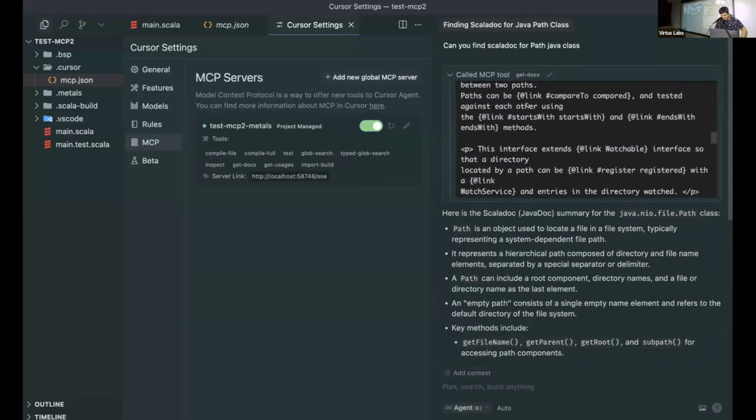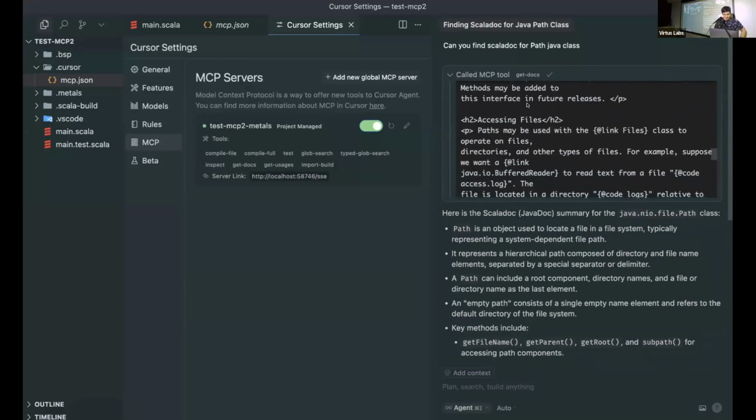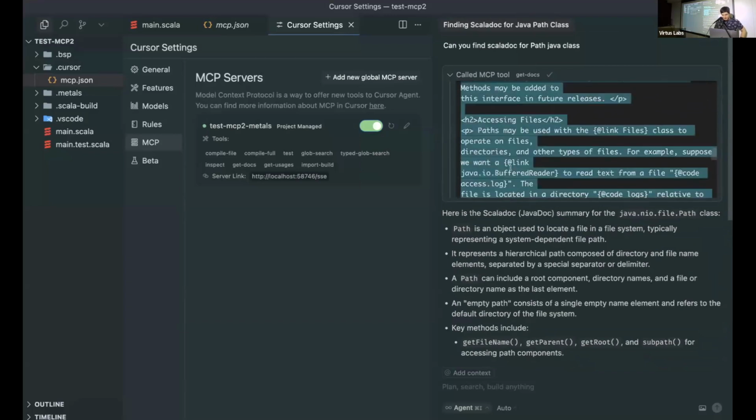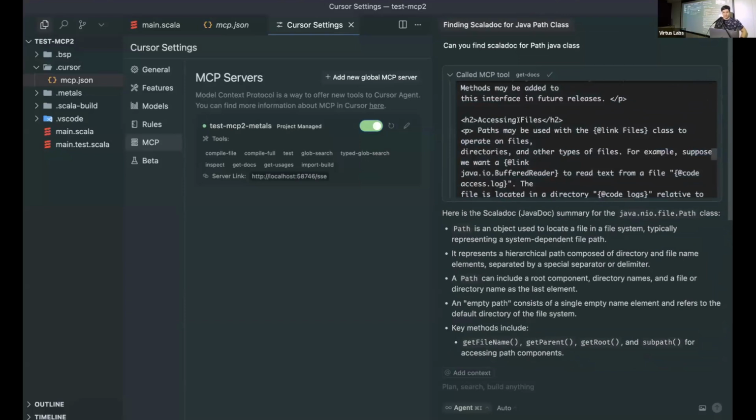If they're wrong, then we need to debug that. But a lot of the time, if the purpose of the tool is simple enough, it will use it. So the purpose of getting docs is pretty simple. If you ask the chat for some docs, it will actually use MCP.